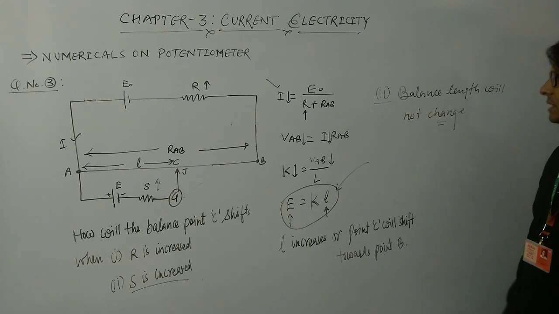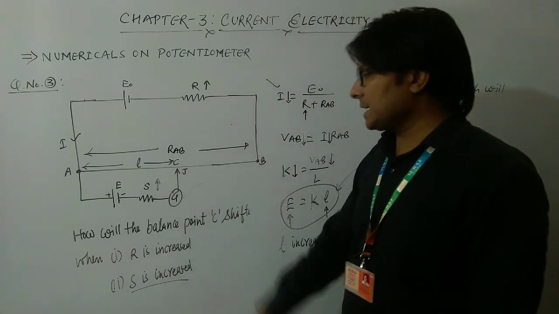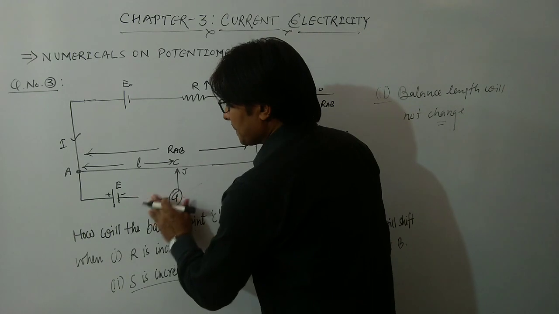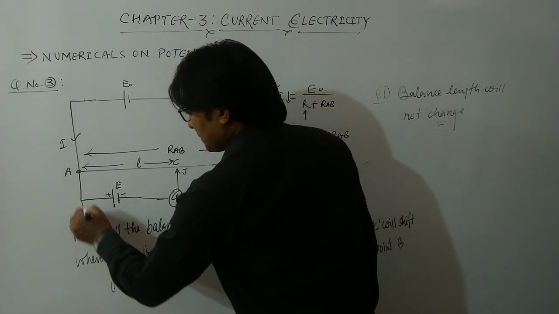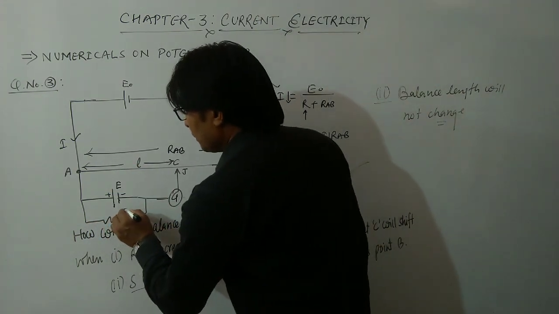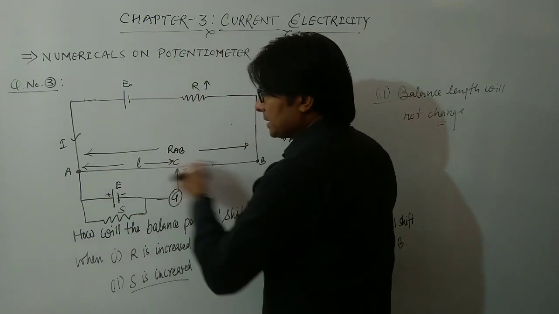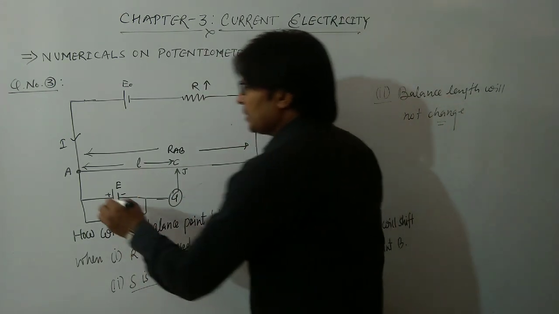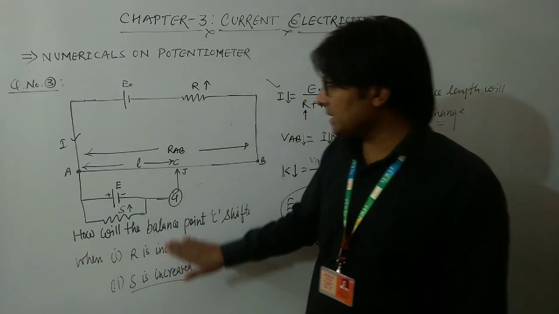Okay, now let us try to extend this question up to the next level. Suppose this resistance is not connected here, and this resistance is connected, for example, here. Now can you estimate if there is any change in the balance length if I increase the value of this resistance? So now since this resistance is connected here,